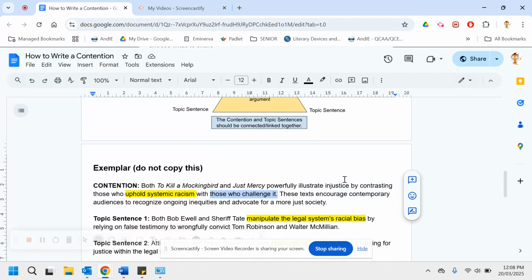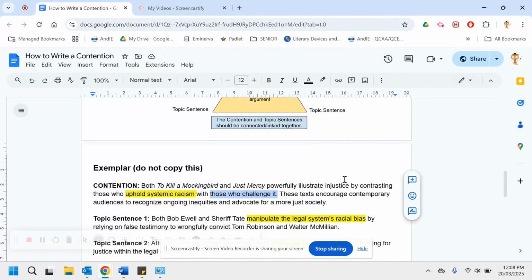So he is very well aware that the evidence he's using to try to convict Walter McMillan is false, whereas Bob Ewell is very well aware as well because he's the one who actually makes up the false testimony. So within the bulk of that body paragraph, that's what I'm going to be talking about,